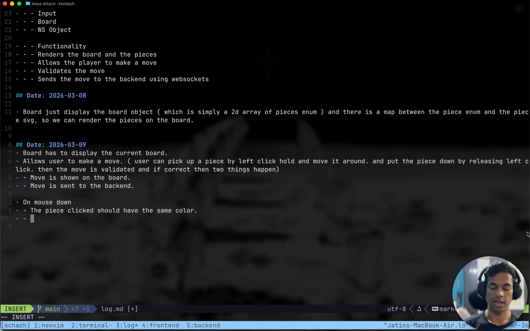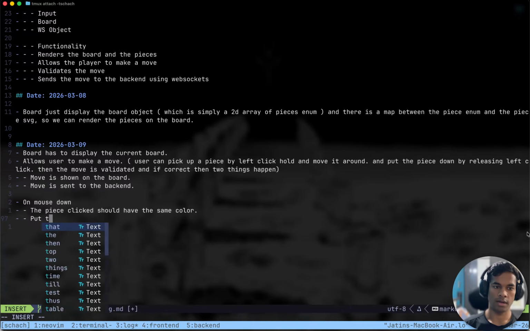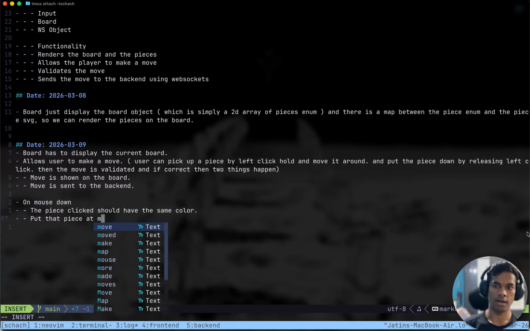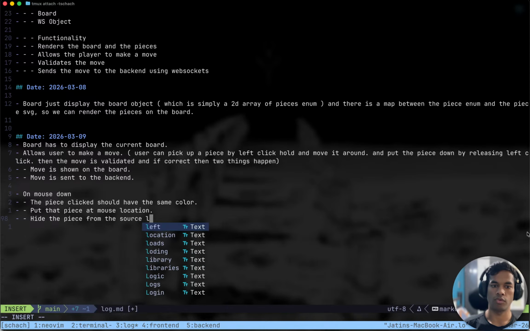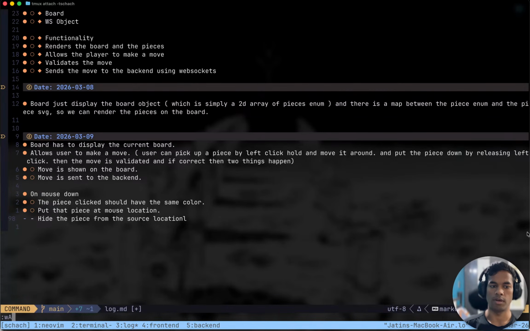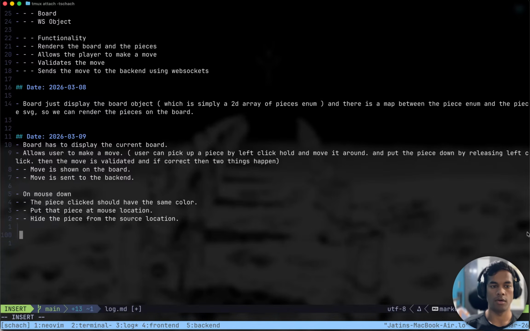This is going to be checked, and what is going to be done? Put that piece at mouse location and remove or hide the piece from the source location.